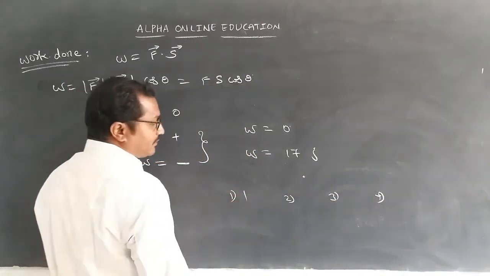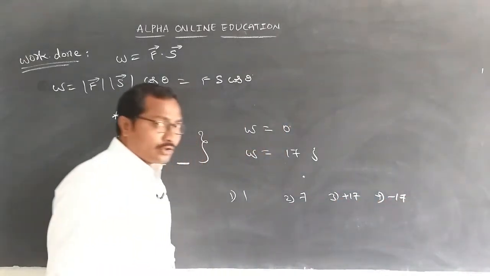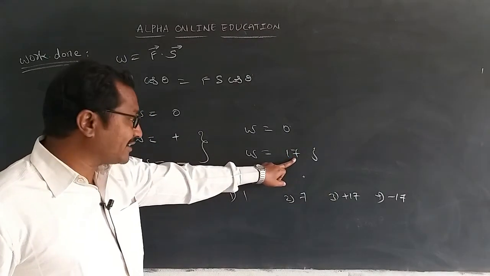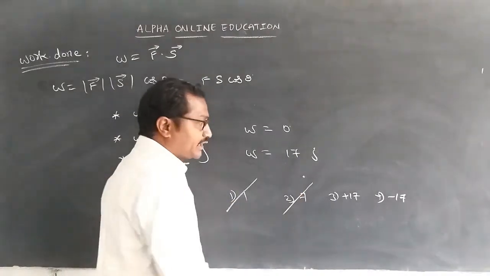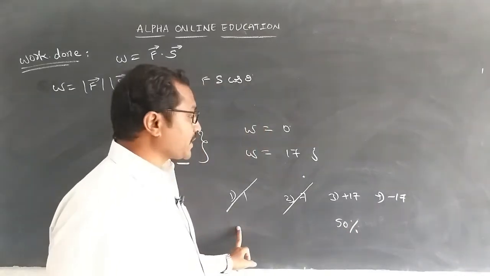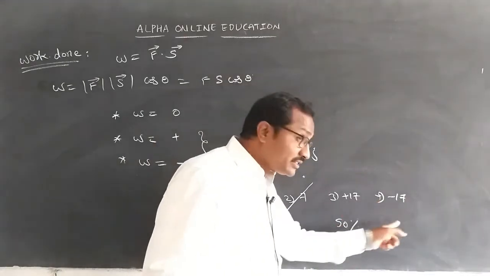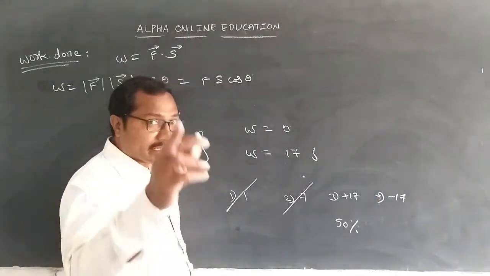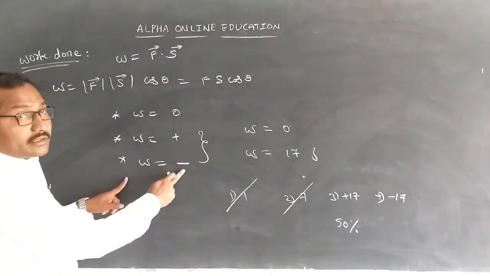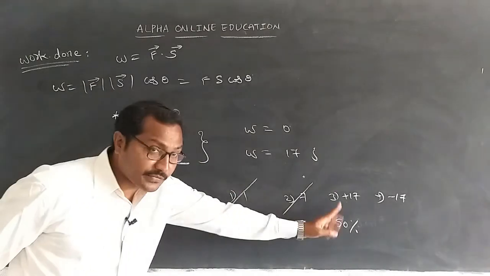Okay, right. Here one we have is 17, plus 17, and minus 17 joules. Anyhow, we are 100% sure about our answer, that is 17. So it is not the right answer and it is not the right answer. So 50% of the answer we are sure about our values, 17, but it is plus or minus. It means in the case of the remaining 50% we are not sure. In that case, how do we have to utilize our concepts? Is this a positive value or a negative value? Is it clear? So now I am going to give clarity about these values only.